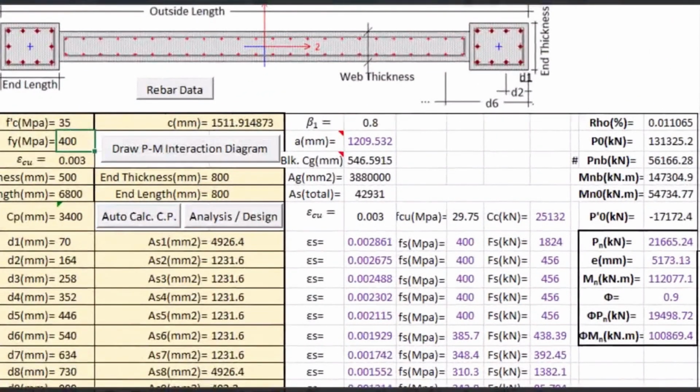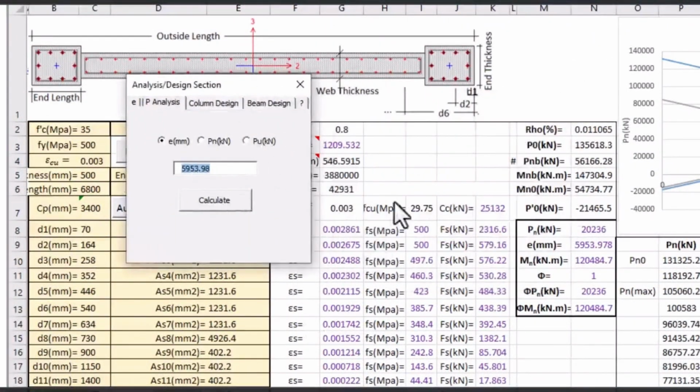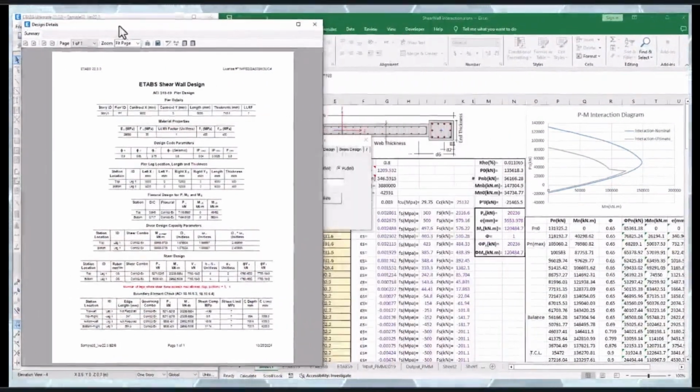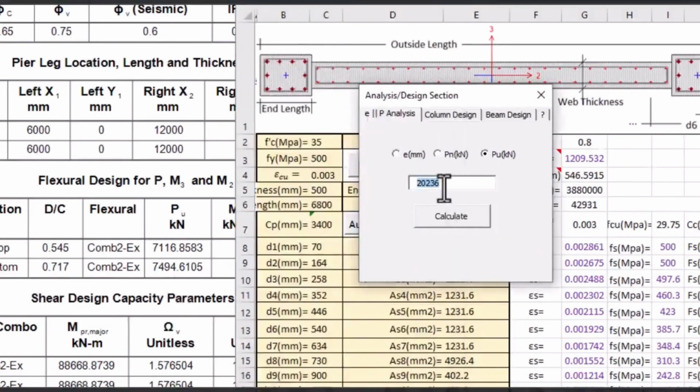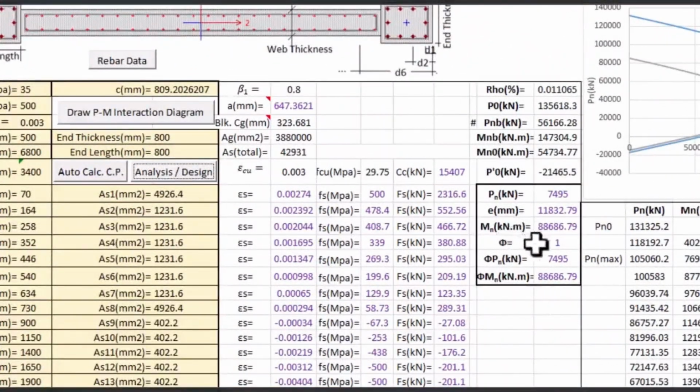The probable flexural strength Mpr is calculated by increasing fy by 25% and setting the strength reduction factor phi equal to 1.0. Therefore, fy equals 1.25 times 400 megapascals, equals 500 MPa. The program then searches the interaction diagram for the point corresponding to the design axial force reported by ETABS. For the reported axial force of 7,495 kilonewtons, the corresponding probable moment capacity is Mpr equals